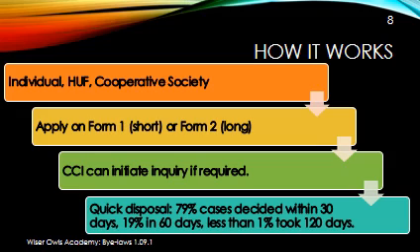79% of the cases, that means almost 4 cases out of 5, have been decided within 30 days. 19% of the cases have taken as long as 60 days. And only less than 1% took 120 days or 4 months. There is only one case which took more than 120 days. So this is not something that is going to be lying in courts for years and years and for generations. Cases are disposed of immediately.